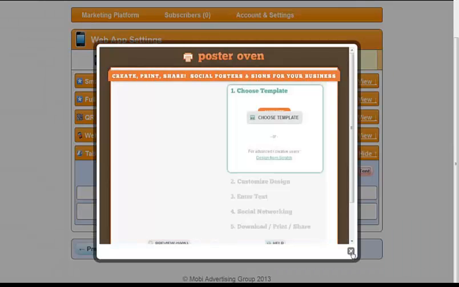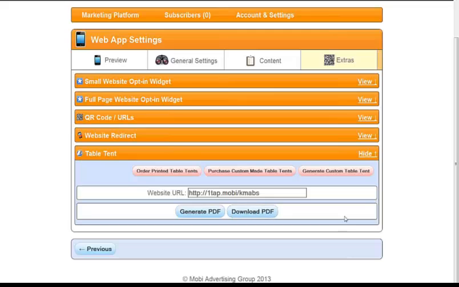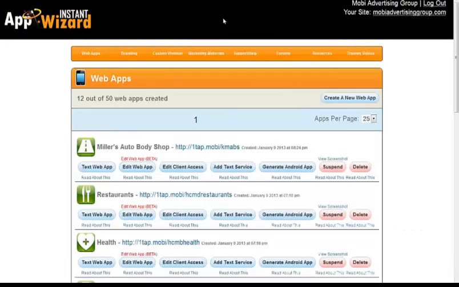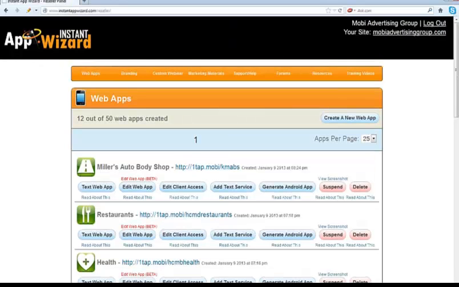Poster Oven can be used for a million different things, and that's what we're going to go into starting next week. I'm going to spend about 3 weeks on this because I want you to understand that if you keep it simple and uncomplicated, you can do a whole bunch and make a lot of money like some of the guys who are making the money.